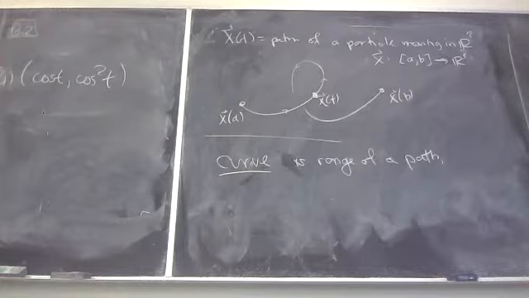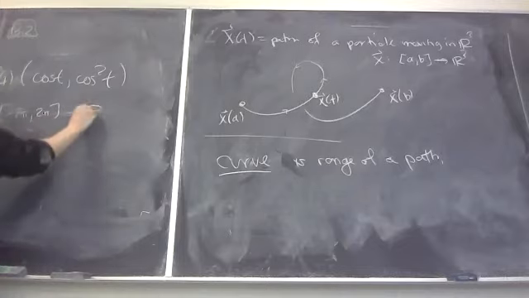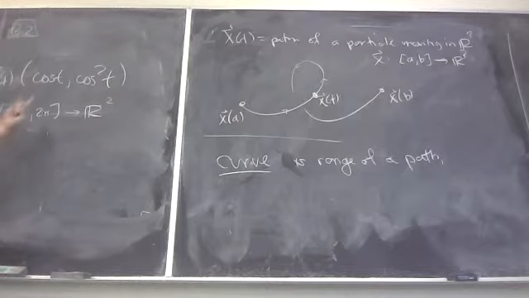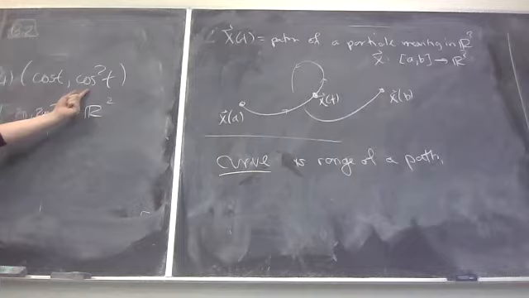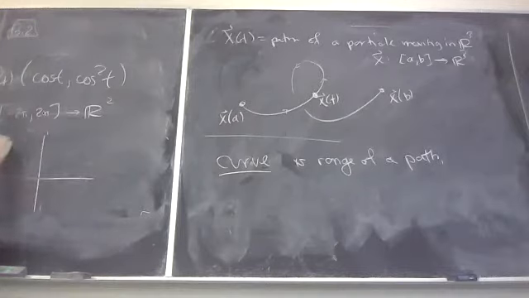What is that? Well, if you do a simple change of variables, so this is a path. I could define it from, say, minus 2 pi to 2 pi. So we define f to be a path from minus 2 pi to 2 pi into R2. Well, if you think about this as being x, this is x squared. So this is a parabola it's traveling on. The x coordinate is always cosine t, and the y coordinate is always the square of that. It turns out that what you get is,